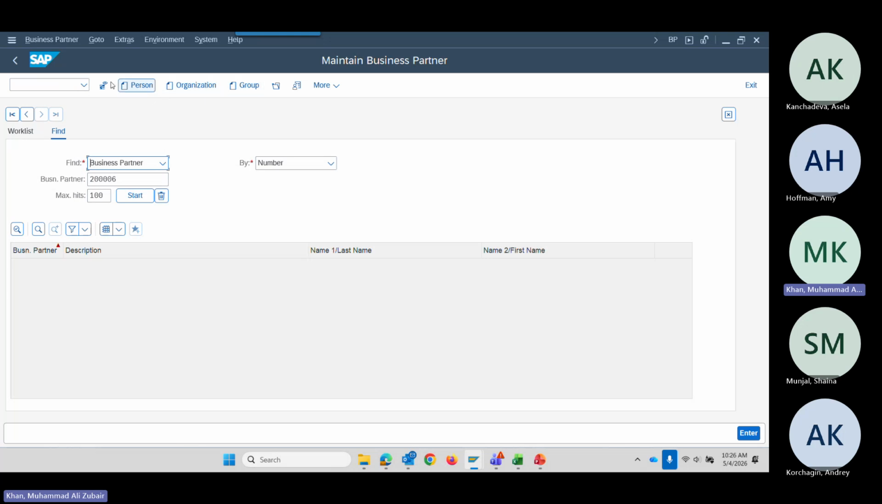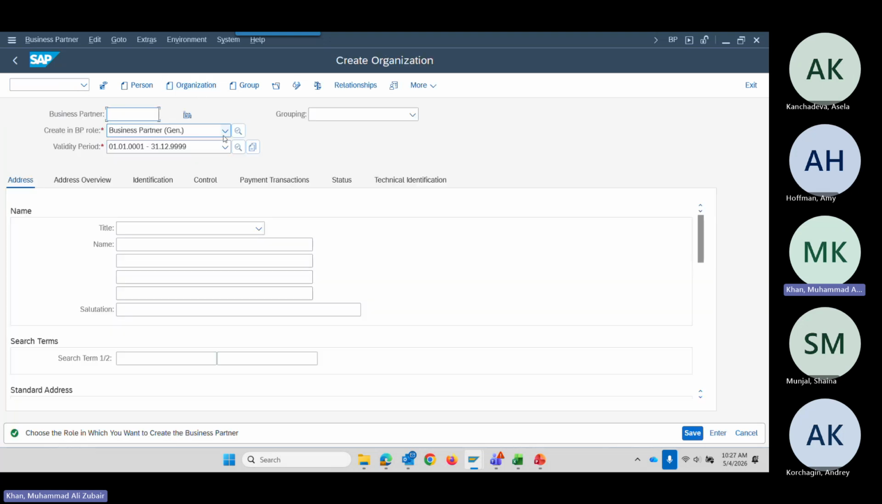So this icon is for the new, and it is the same for all the T codes. When you find this, it means new. Even if you're creating a GL account, you will find this icon symbol. So we are creating an organization. First of all,